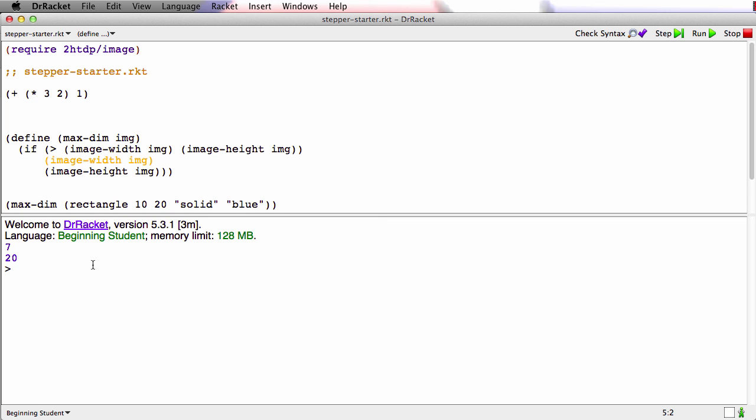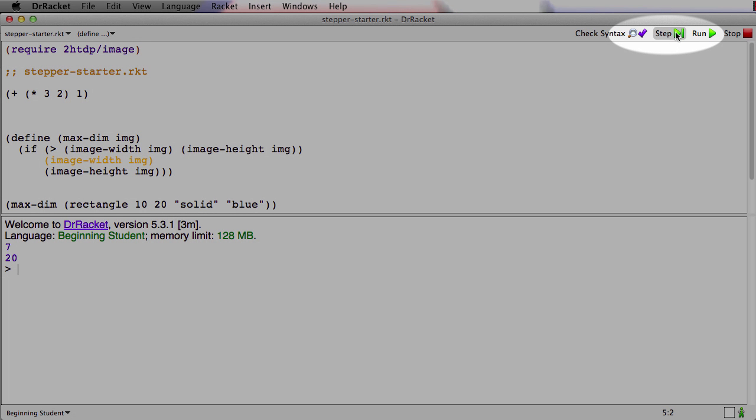That produced 7, and the call to the function produced 20. And you could try to work through this and see why it's 20. And maybe you can see that quickly, or maybe you can't. What the stepper's for is to help you understand how the evaluation of an expression produced a certain value in cases where it's too complicated to just see. So let's try running the stepper. I'll say step here,